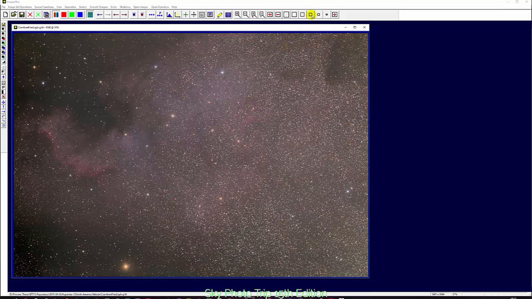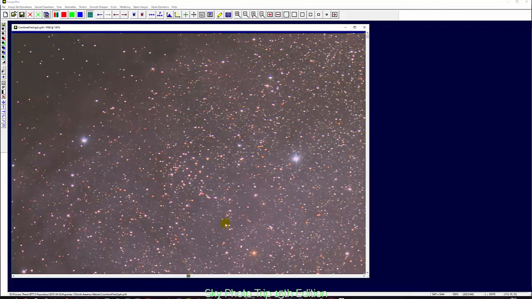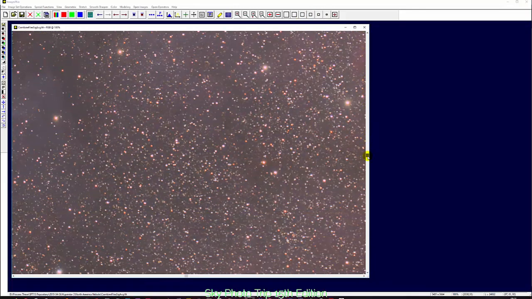In this particular image, if I zoom into the image to 100%, you can see that the stars are slightly bigger than what they should be. Also notice that many of the stars have this red fringe. While shooting in the field, you should avoid these. You should also avoid all the vibrations that are going to the equipment,